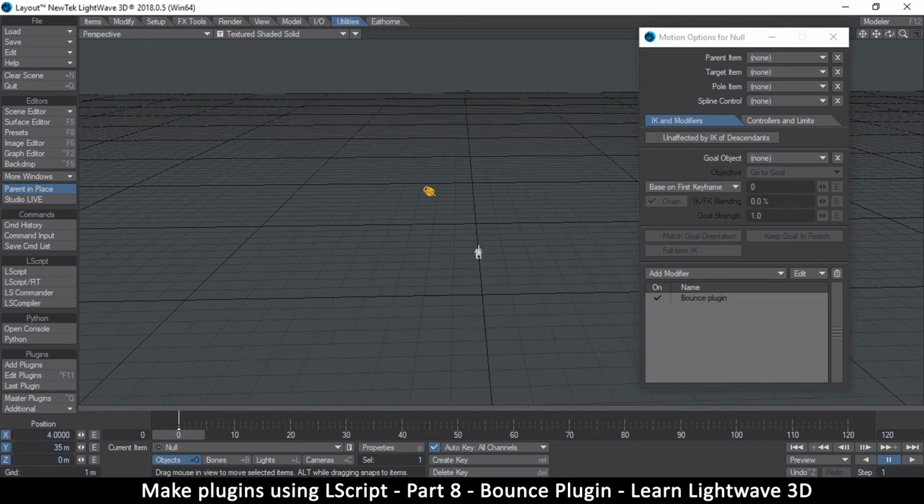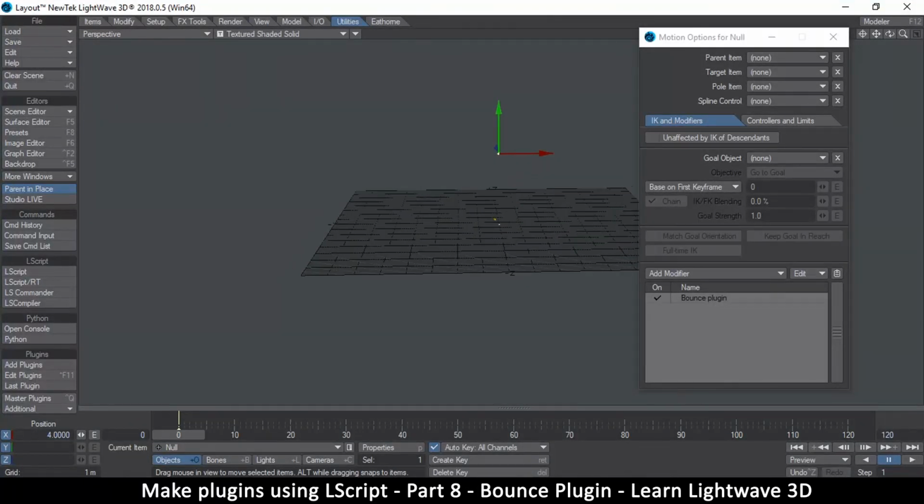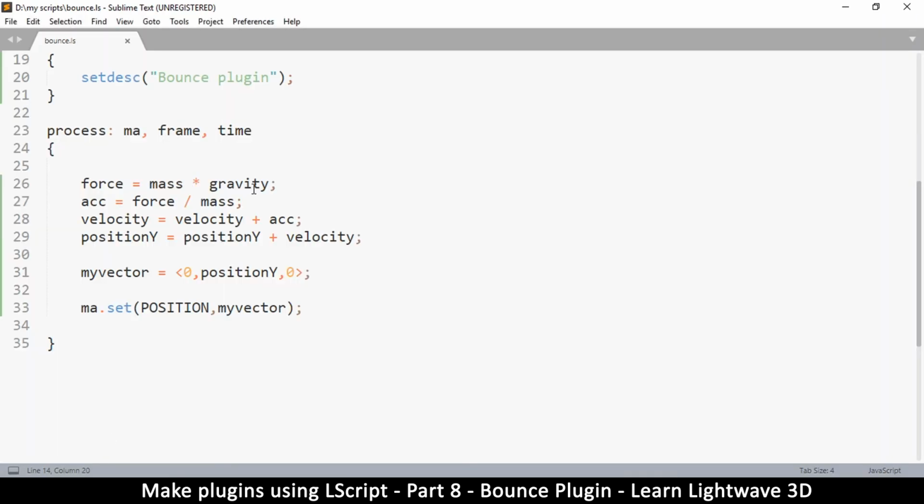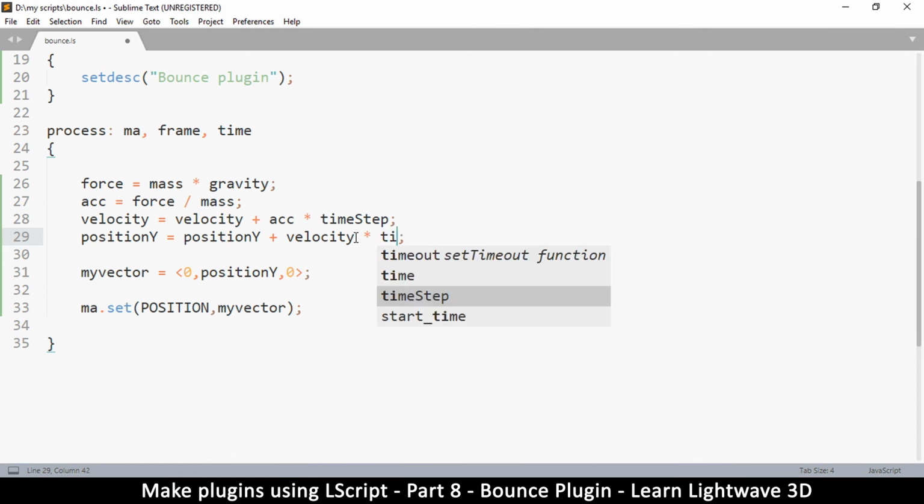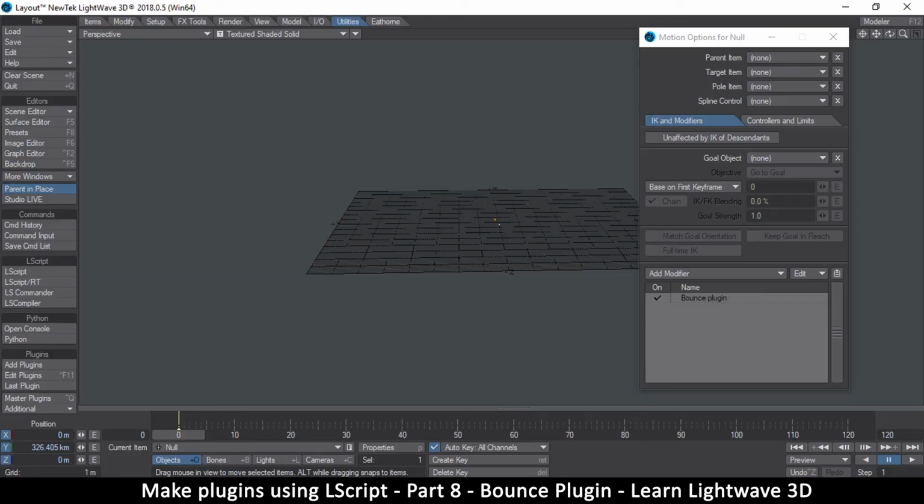So there we go. Now the bounce, as you can see, the object has gone really high like that, and it disappears instantly. So this is why we need a time step to reduce this amount. So we multiply this by time step so that the movement is smaller in between frames. So let's see how that fares. So let me remove this, and then we see